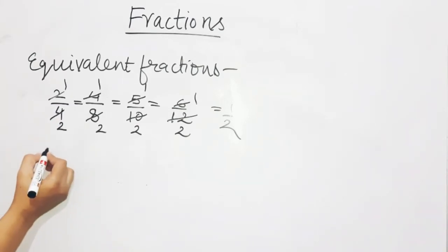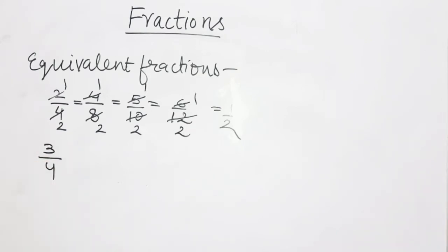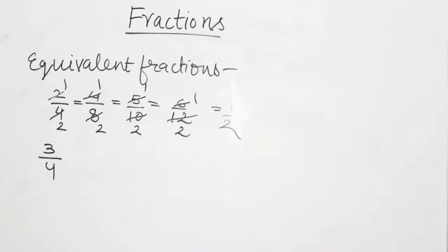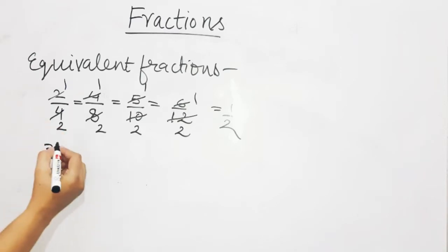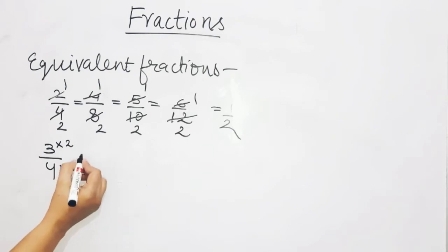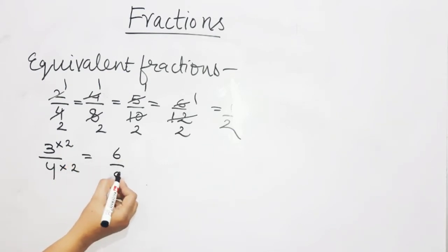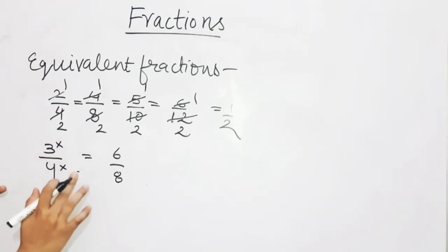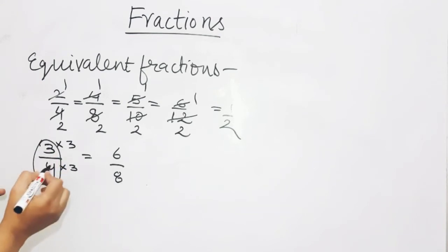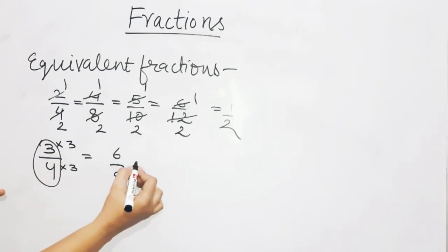If I have written 3/4, what will be the next 4 equivalent fractions? How are we going to calculate them? तो जो next 4 equivalent fractions होंगे, for that what we have to do? Multiply the numerator and denominator by the same number. See, 6/8, right? अब हमने 2 से किया था. Now I am going to do it by 3. इसी नंबर में आप मल्टीप्लाई करते जाएंगे, the first fraction which is given to you.